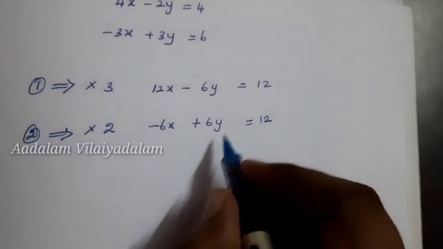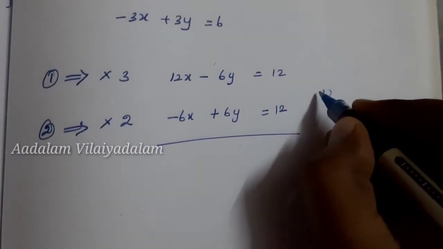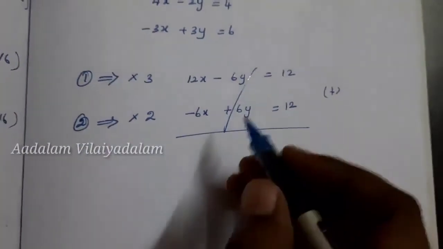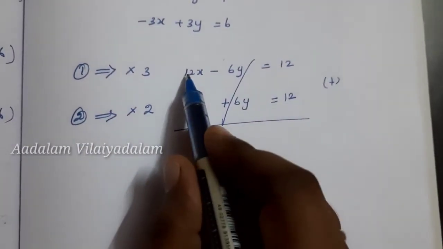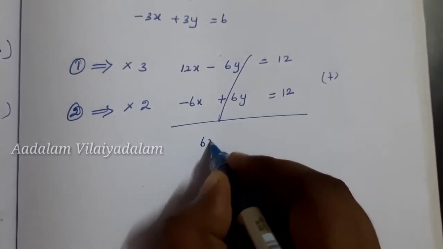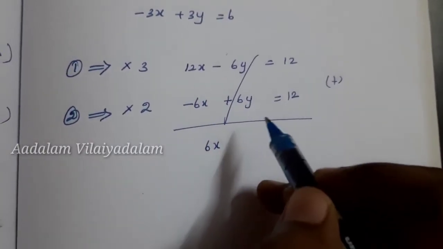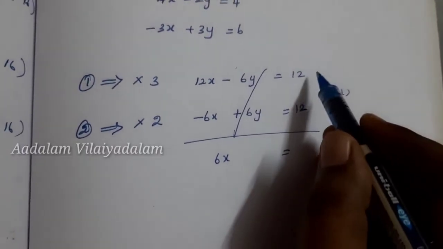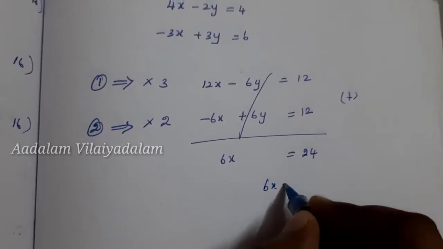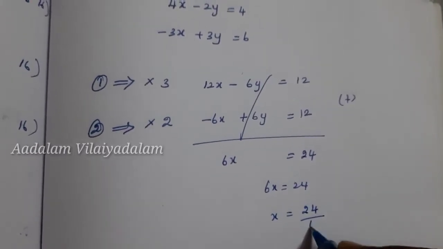And therefore here we can add the equations. Therefore, minus 6y and plus 6y will be cancelled. Then for the remaining value, here there exist different signs, so by the subtraction we get 6x. Here no need to change the sign. Only when we subtract can we change the sign. Otherwise, by the addition we add, then we get 24. Therefore, 6x equal to 24 and x equal to, it becomes a division, 24 by 6.